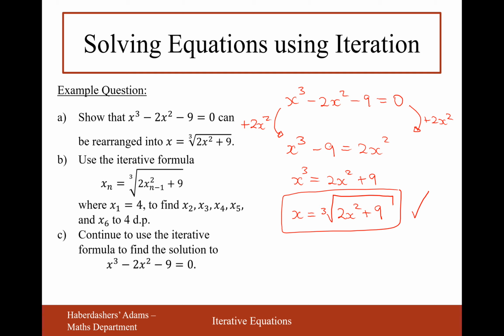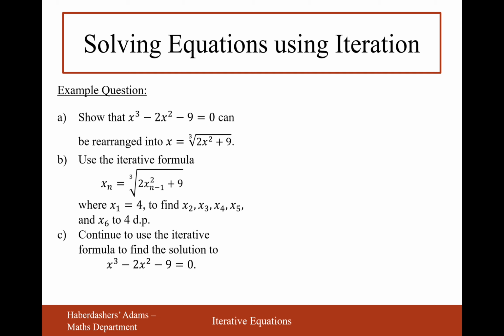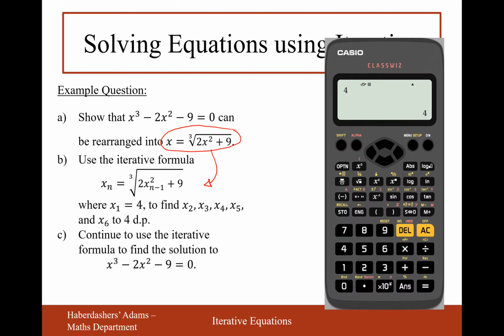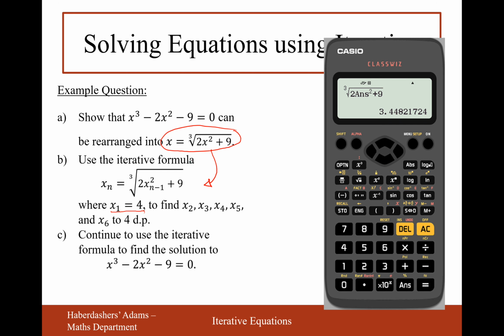Now even if you couldn't do part A, you can actually still have a go at part B. So let's now have a go at part B. Use the iterative formula. Notice how what we've rearranged our equation into is exactly the same as the iterative formula. This is how this process works. So we start with the number 4 because it tells us to start with the number 4, and then we insert the iterative formula into our calculator, but we use the answer button where it says xn minus 1. So the second term in the sequence here to 4 decimal places is